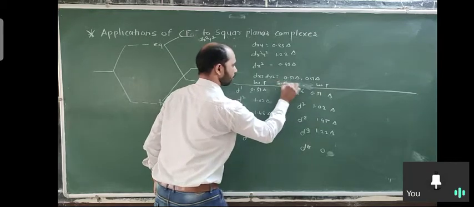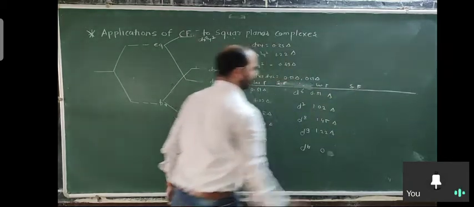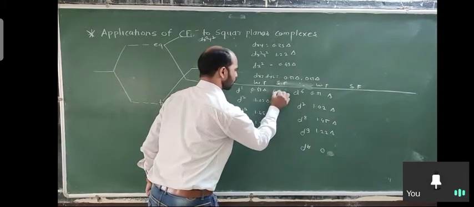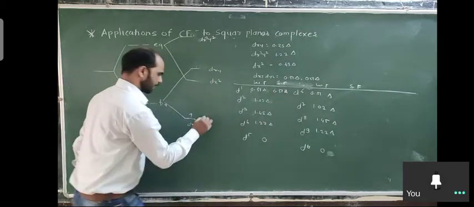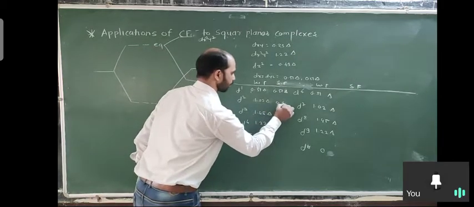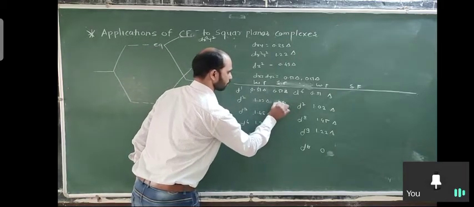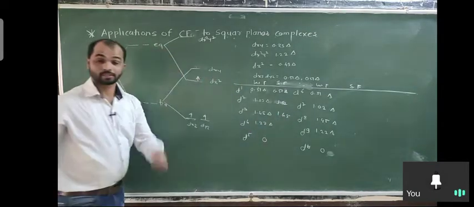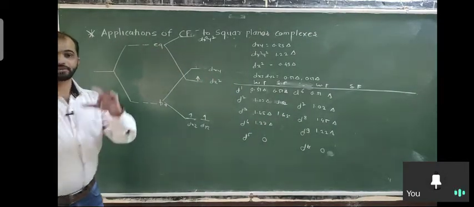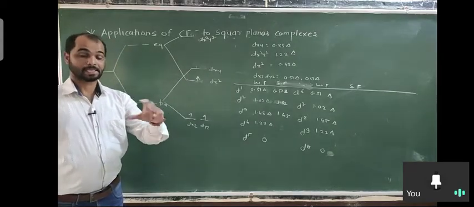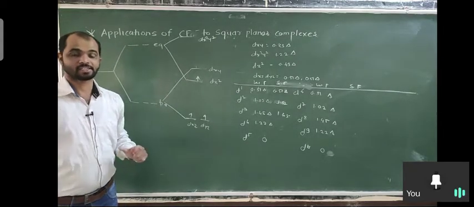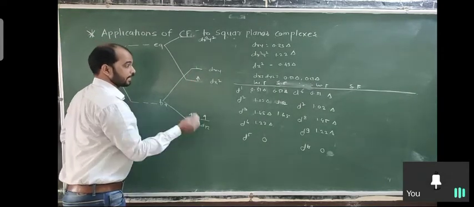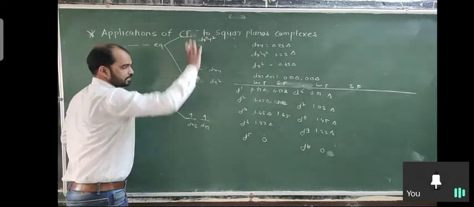Here is strong field. In a strong field, for the first electron, no doubt the energy is the same, 0.51. Second is here, 1.02. Third is here, 1.45. Then when we go to the fourth one, in a strong field condition, the fourth electron goes into pairing rather than being excited. These two are higher state, these two are lower state.